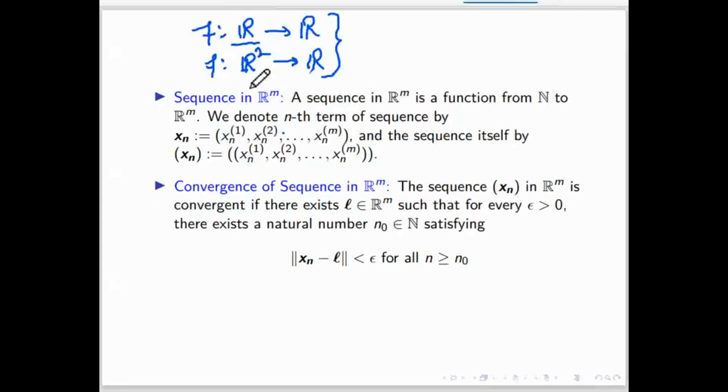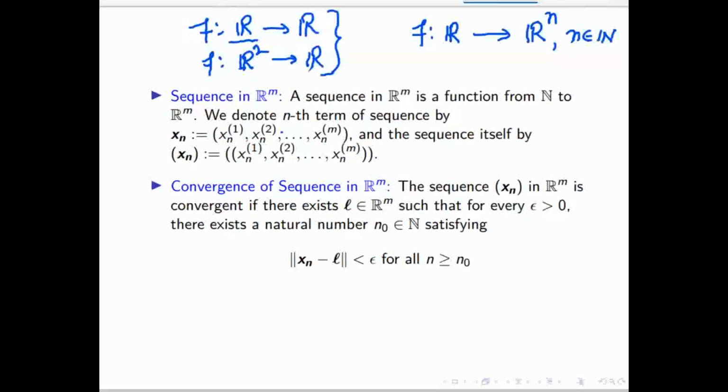Now in multivariable, suppose a vector valued function. This side the domain is R and this side is Rn. n can be 2, n can be 3, and belongs to the natural numbers. That means a function from R to Rn. If the function is from R to Rn, then this is a vector valued function because the right hand side is Rn, not a real number. And the domain is R, so it is a single variable vector valued function.